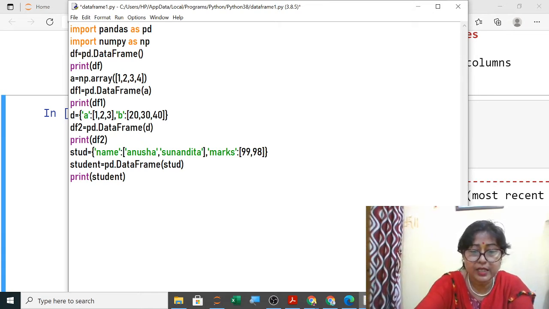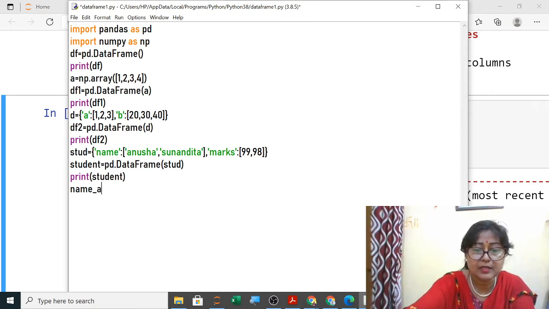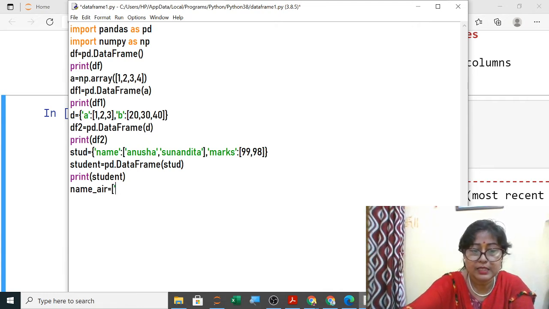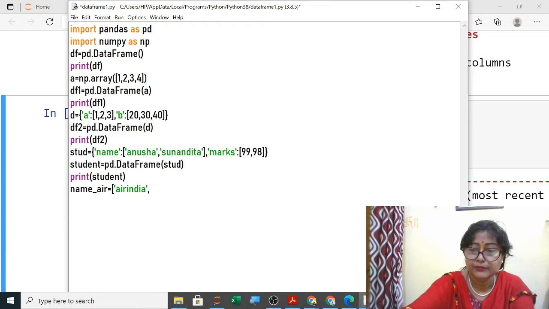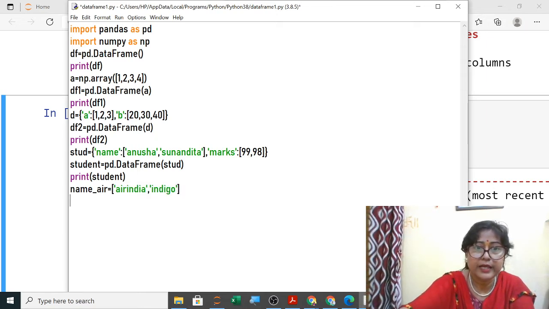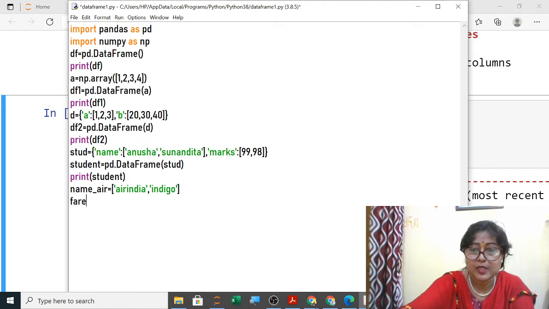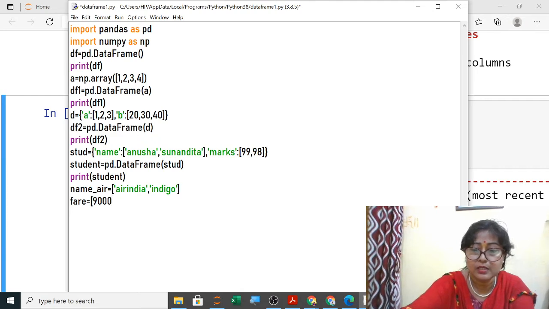Now name of Airways, so here I am writing name of Airways, and I am writing all the names of Airways like Air India and Indigo, and this is stored in a list. Next is the fare. This is also stored in a list. Suppose fare is 9,000 and 5,000.